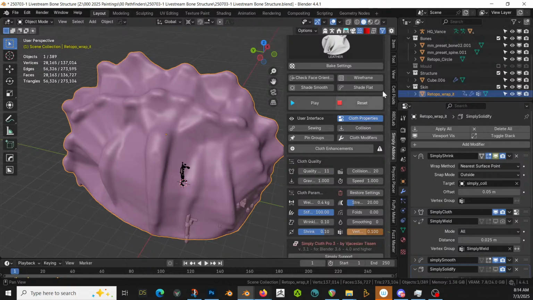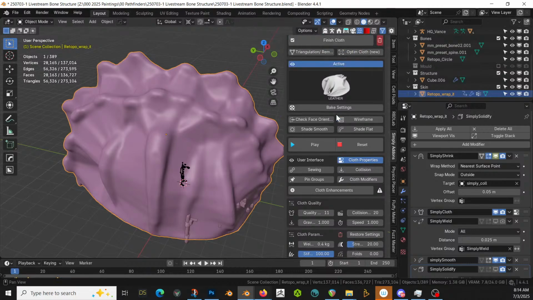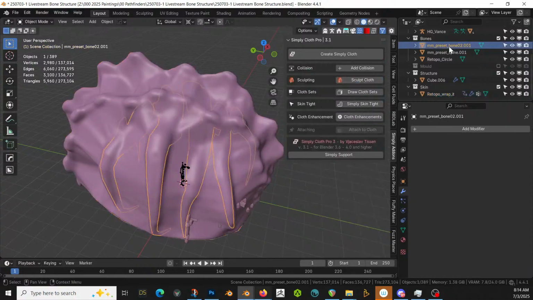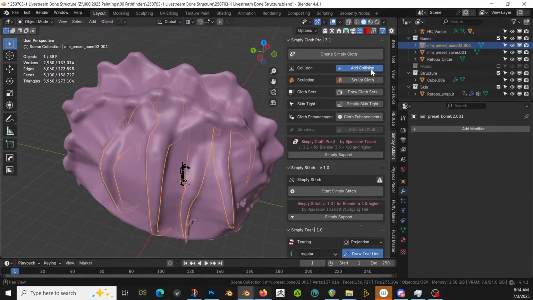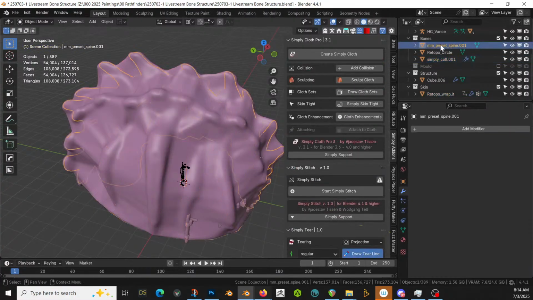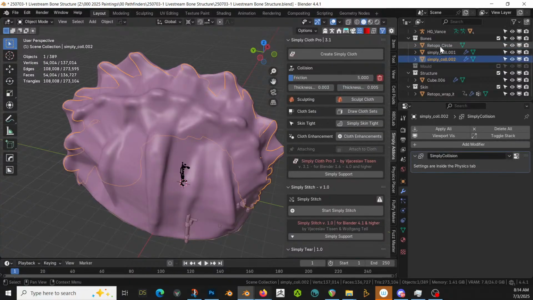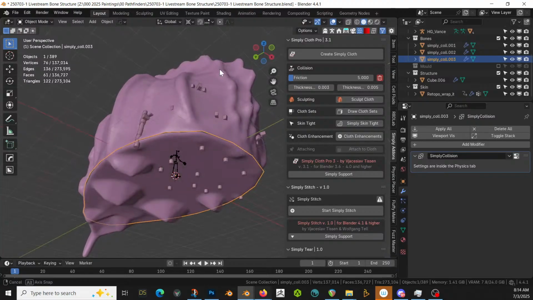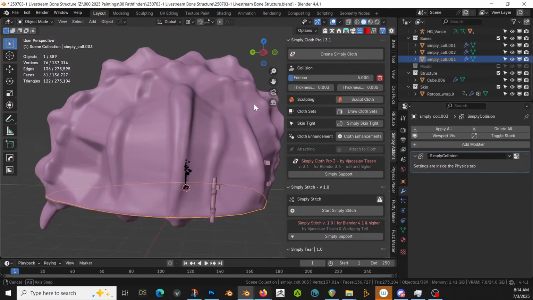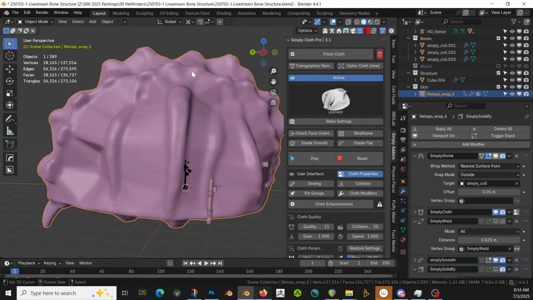I don't know that one, but it sounds entertaining. Bone, add collision, bone, add collision, bone, add collision. To the ground too, yeah. Okay, this object, save, and